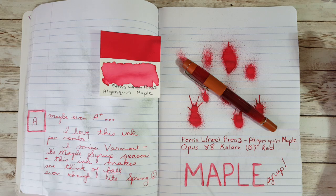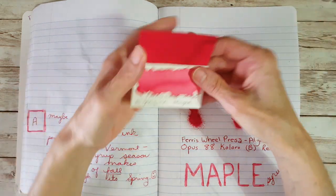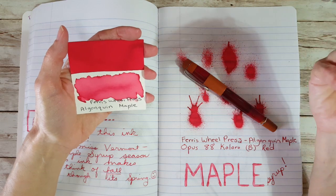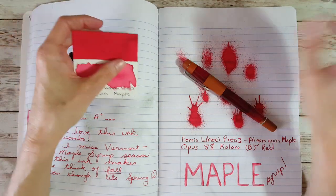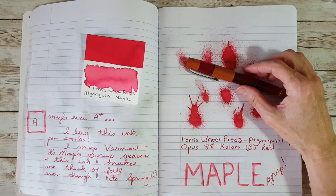So, okay. This ink does make me think more of fall. It's like a really beautiful, the most beautiful of the leaves that fall. You know, you get yellow and orange and red, but not as many of the reds. And that's kind of where it falls for me. But I love this. I just absolutely love it. And I love how it looks when you get the